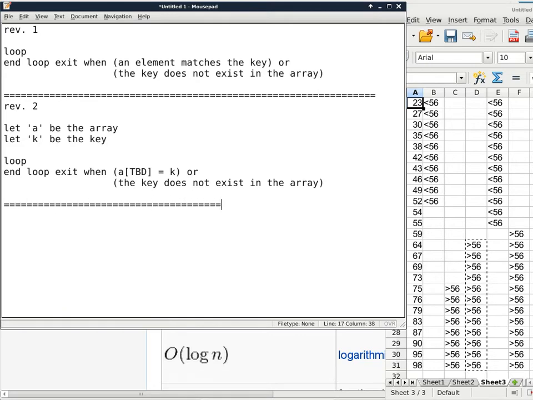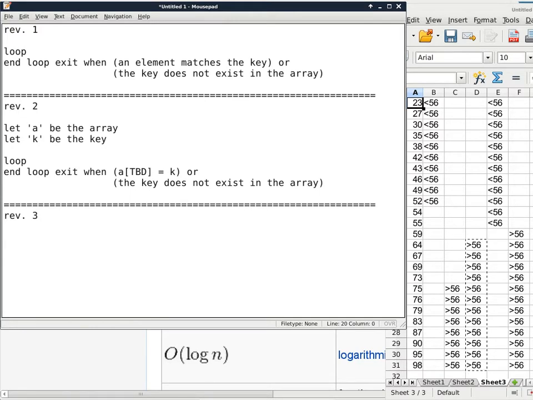Because if I want to express that all values in the array do not match K, that kind of implies that I have to compare to each and every single one, which means this is going back to linear search, okay? Because you're using linear search to confirm that none is matching. So it's not going to be any better than the usual linear search algorithm. Okay? So now we go to revision 3, and